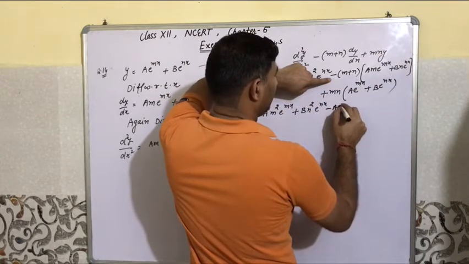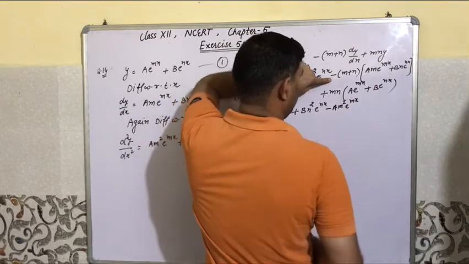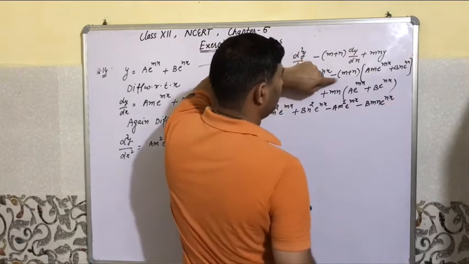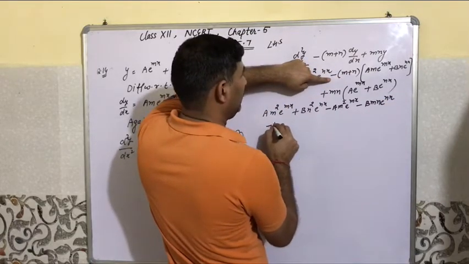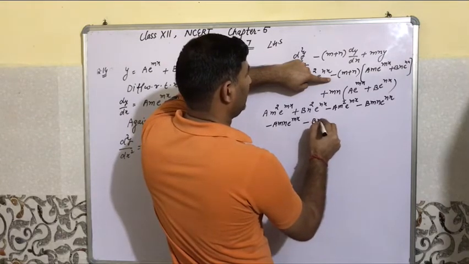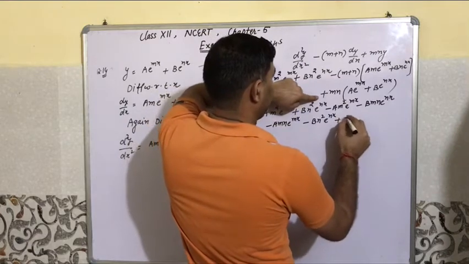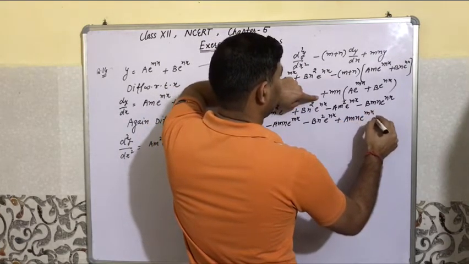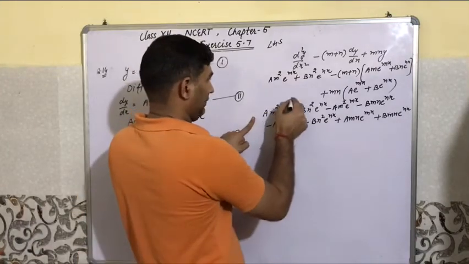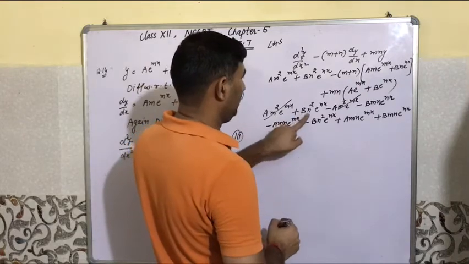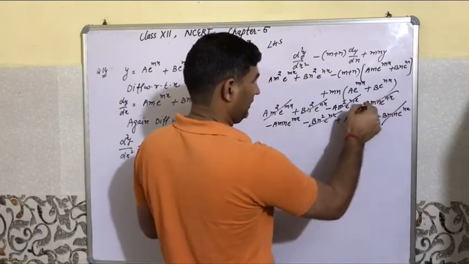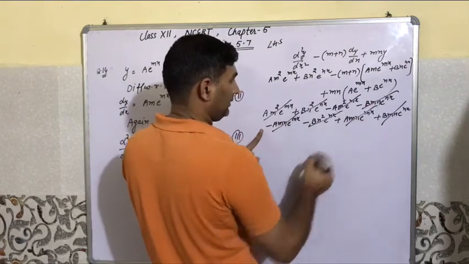माइनस a m square e की पावर mx and then minus b m n e की पावर nx, then minus n से मल्टीप्लाई करेंगे, this minus a m n e की पावर mx and then minus b n square e की पावर nx plus a m n e की पावर mx plus b m n e की पावर nx. a m square e की पावर mx, b n square e की पावर nx, this b m n e की पावर nx, b m n e की पावर nx, a m n e की पावर mx, a m n e की पावर mx